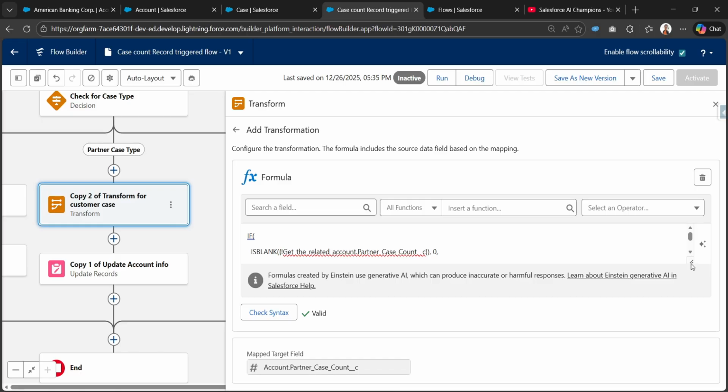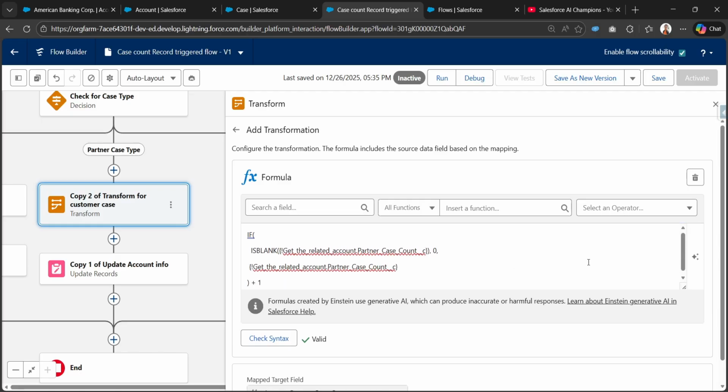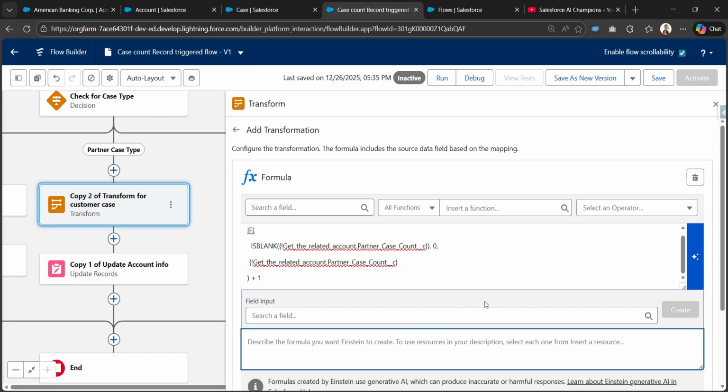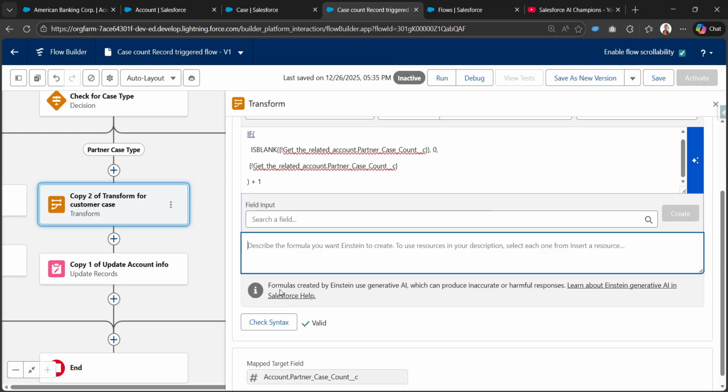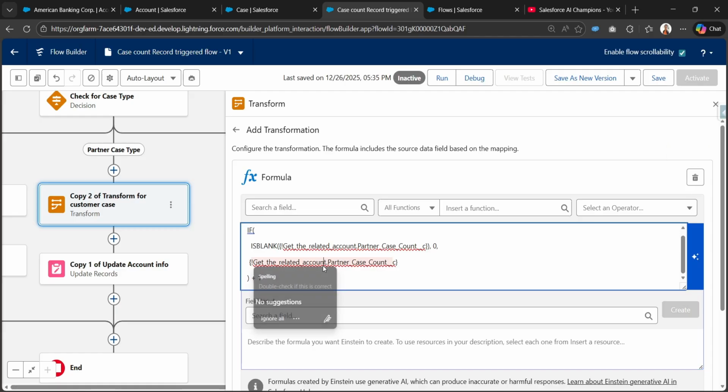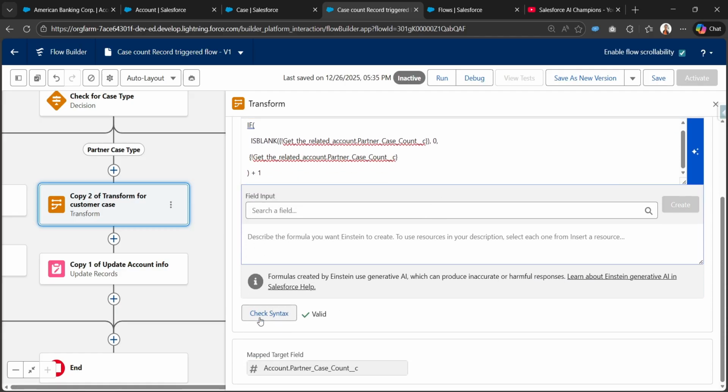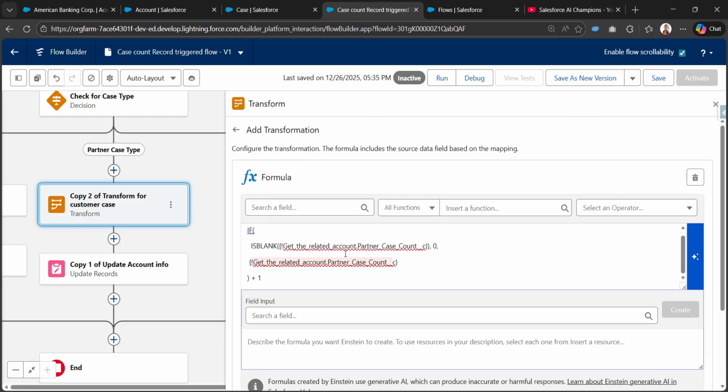And now we are good to go. If we need any formula-related assistance, we can simply click on this magic icon and update our respective formula in the transformation. That is the part of generative AI, Einstein, the use of generative AI for formulas. We can use the formula assistant, but we are now good to go with this formula. Let me check the syntax,